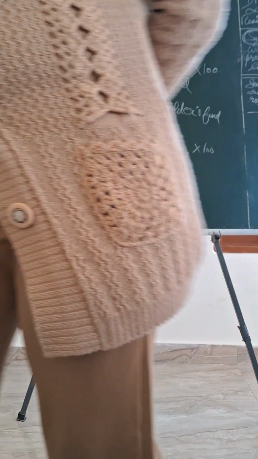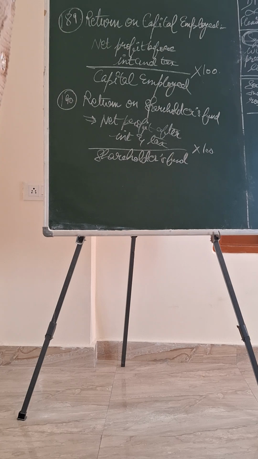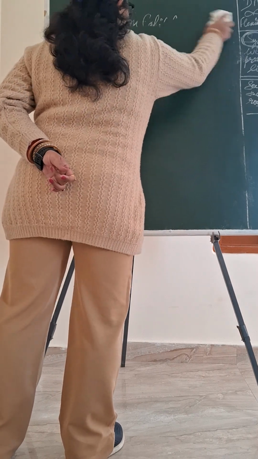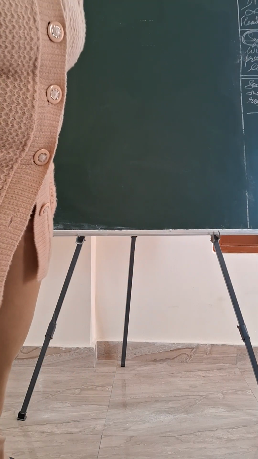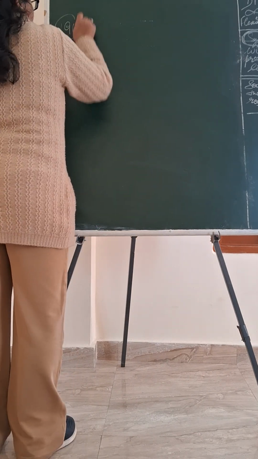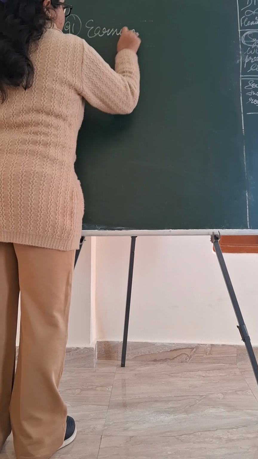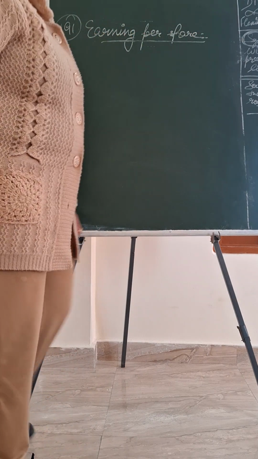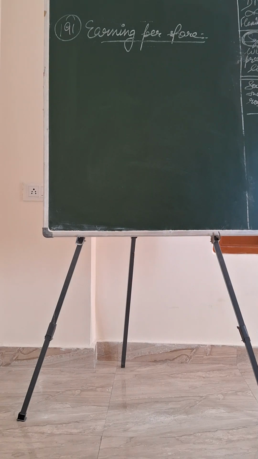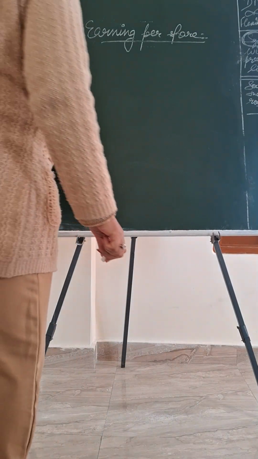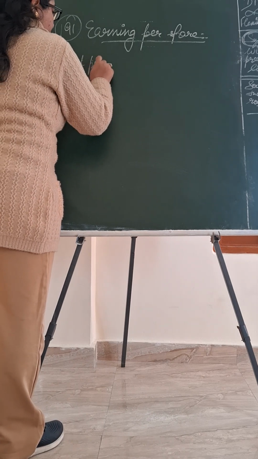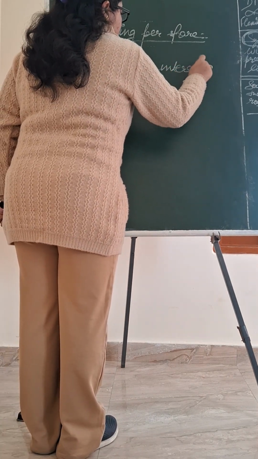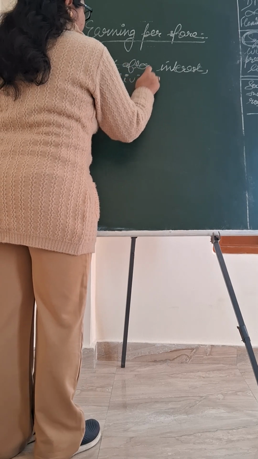Then question number 191, that is earning per share. How to calculate earning per share, that is called EPS. When we have to calculate EPS, you should know net profit, that is, net profit after interest, dividend and tax